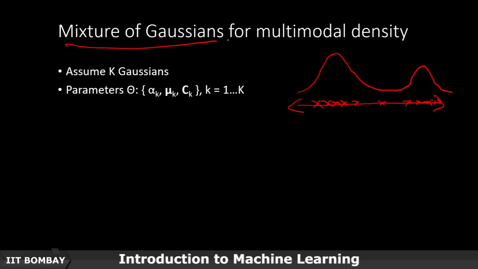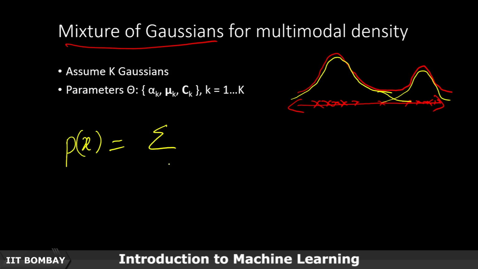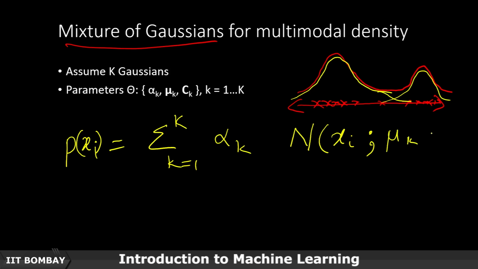So basically it models the data as a sum of multiple weighted Gaussians. So there is one Gaussian here, and then there is another Gaussian here, and basically we sum up the two Gaussians. So your probability of x is being modeled as a sum over some set of Gaussians, and let's say there are K Gaussians, k equal to 1 to capital K, and within each we have a weight alpha k. So some of these can be higher, some of these can be lower, but each of them individually integrates to 1, and totally they should all integrate to 1. So alpha k, and then we have the normal distribution of x_i, given the mu k and let's say the sigma or C k,